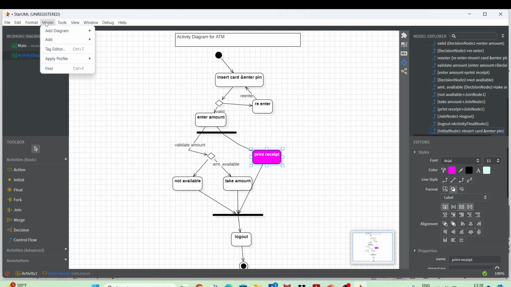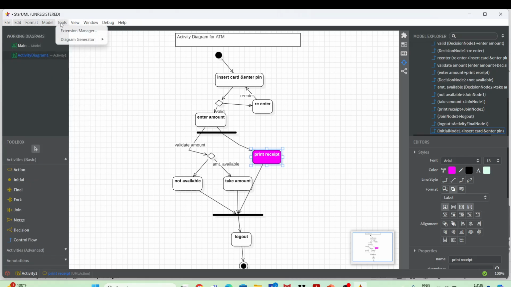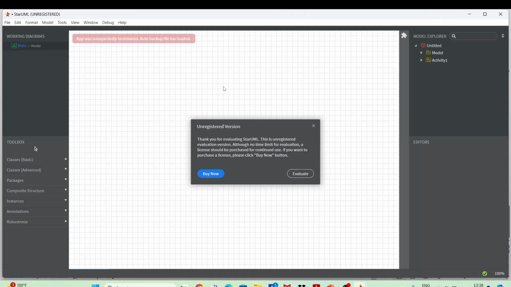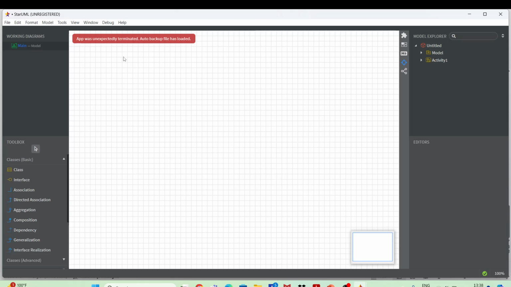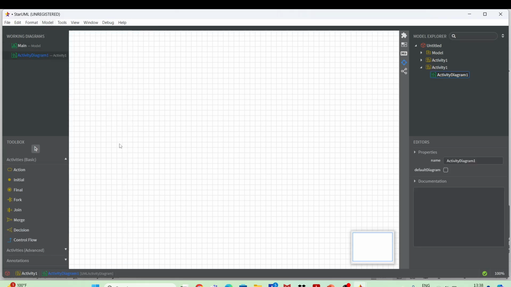So we'll take a new model from here. Let's say I'll say file new. From here, add diagram, activity diagram. Suppose initial state, I have constructed it for a library.